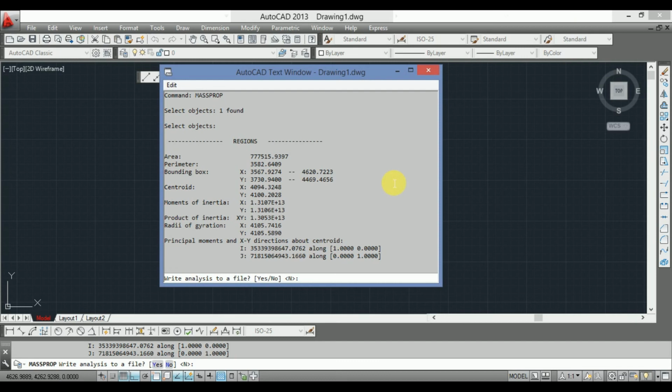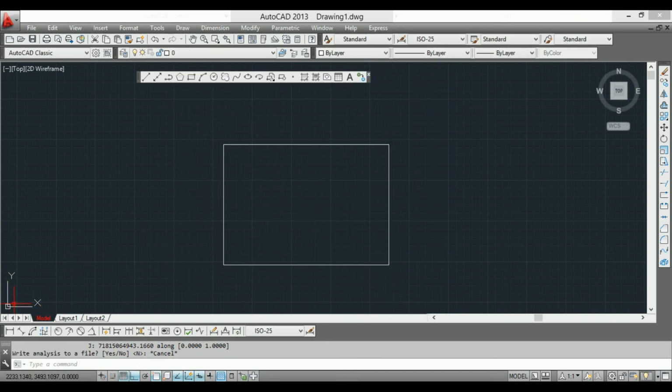Every specific point of that square or rectangle has been given, like the parameter, how much area it is, where the centroid of this geometry is, and the moment of inertia.